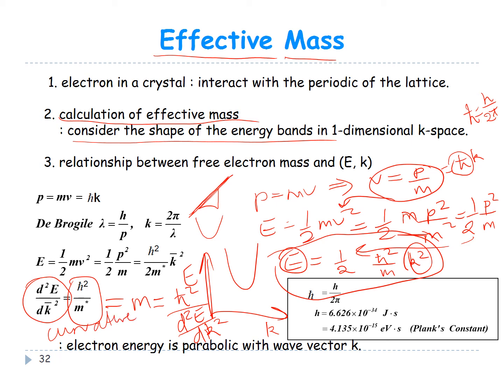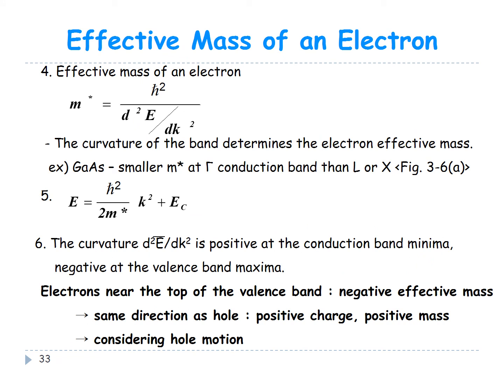You find that your effective mass is inversely proportional to the curvature. We found that the effective mass is equal to h bar squared divided by the curvature of the